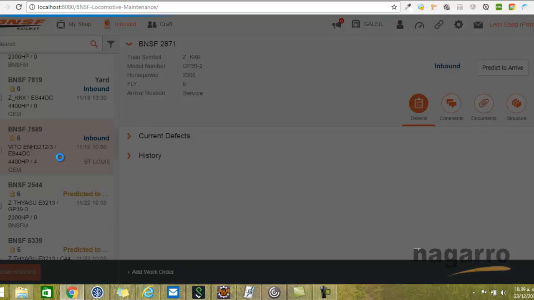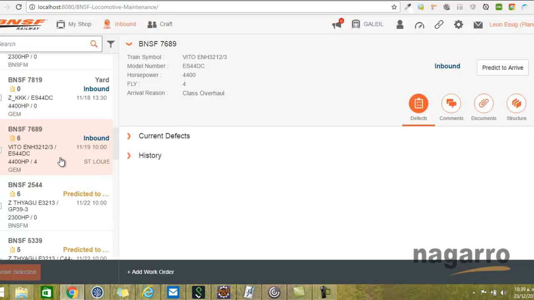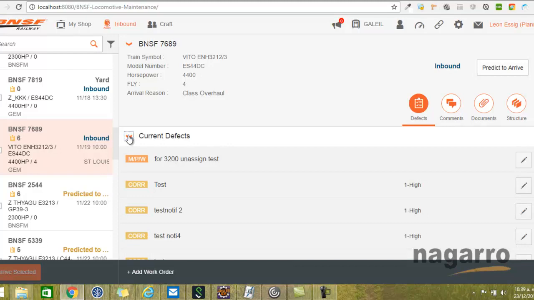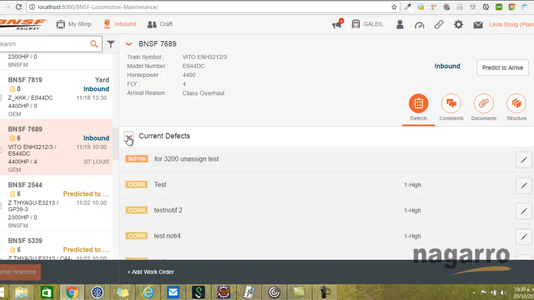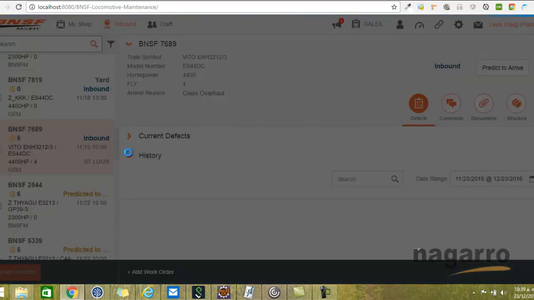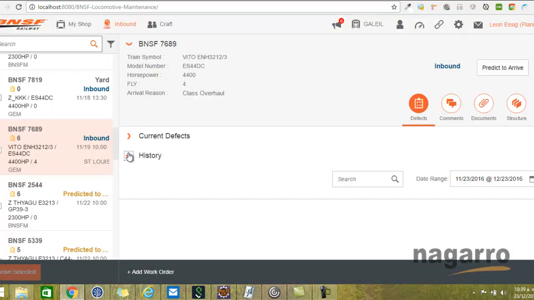So whenever we select some of the locomotives, it may have some operations or defects that need to be done at the current defect tab, and we also have the history tab, where we can try to search from a